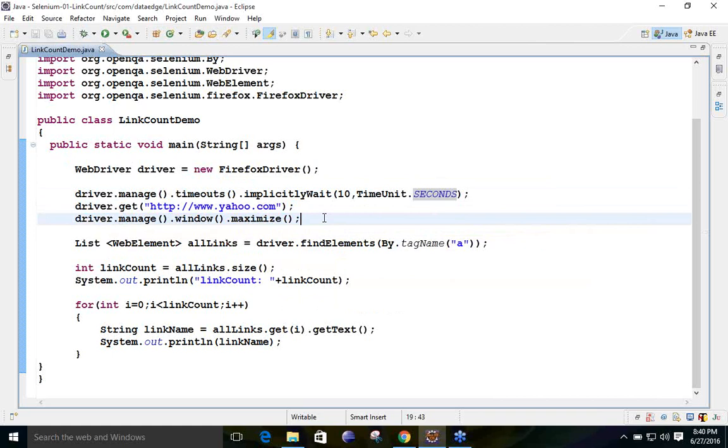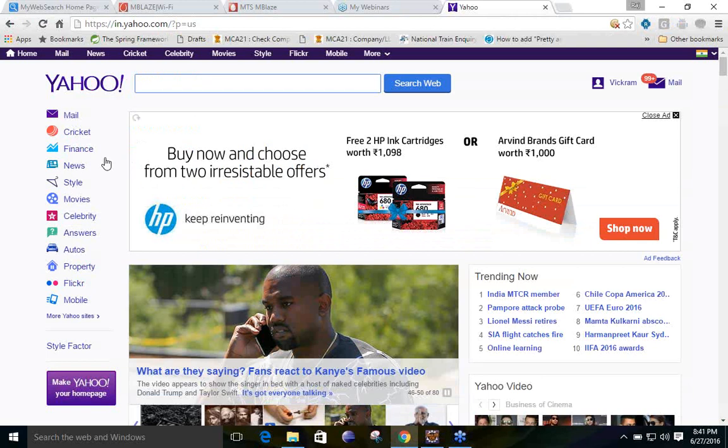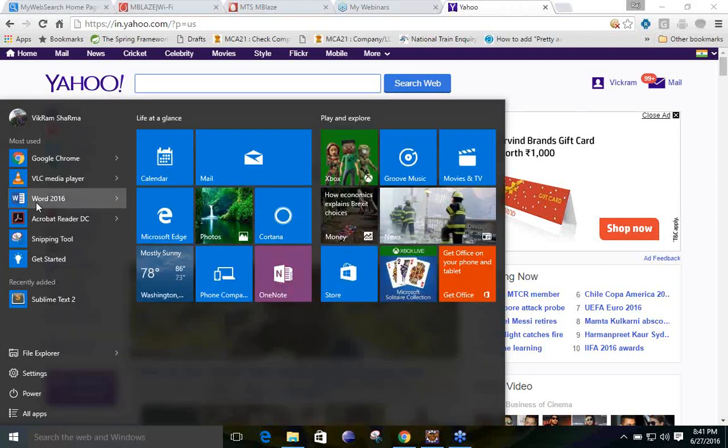What is our work? Count the links. And how will the links be written in the HTML? Any idea from both of you? No. Okay, see this one. I will show how we can write the HTML links.